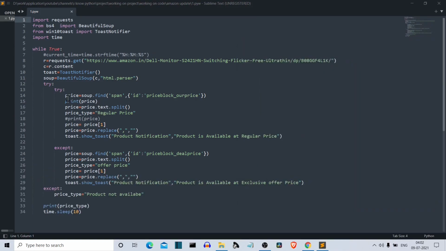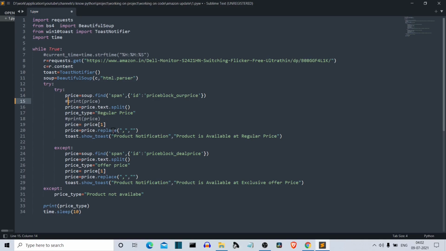Okay, so where were we? Yeah, the price has lots of values, but we only want the numeric value, or the text of the price of the product. So price.text.split: we only want the text, and we are splitting the text because we want to remove the rupees symbol. So we are only extracting the second element of the list, because the first element of the list is that rupees symbol, and we don't want that.